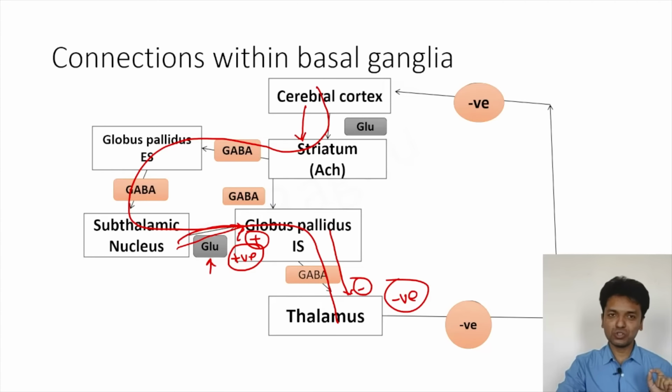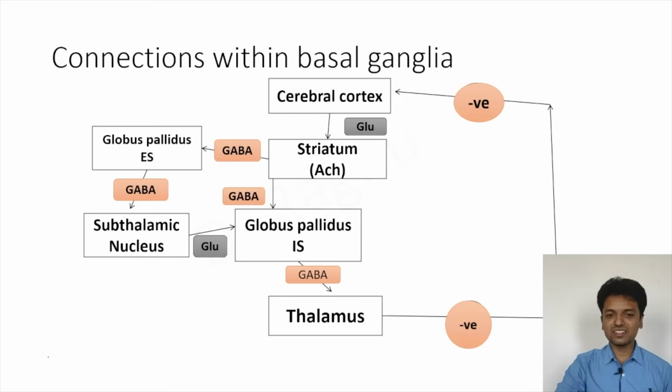So, here we have two pathways. One is a direct pathway, another one is an indirect pathway. The direct pathway's output is excitatory or stimulatory, and the indirect pathway's output is inhibitory. Now, the story is not going to end here, okay? Because we have very important aspects still remaining in this story. That is